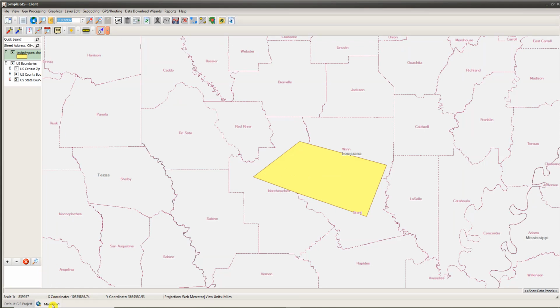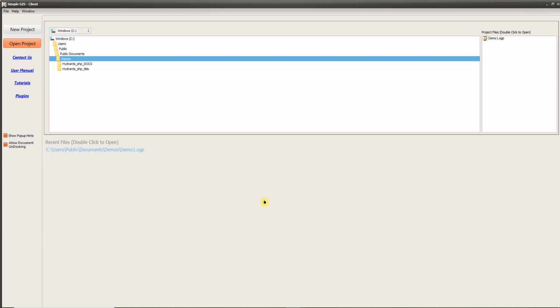Now I showed you a couple of things about undocking. So let me right quick go back and show you one important setting on that. Go back to Open Project. If you notice here on the main application screen on the left are a couple of check boxes. And one of them is Allow Document Undocking. So if this is checked, this allows you to undock those child windows from the main application window by dragging its tab away from the